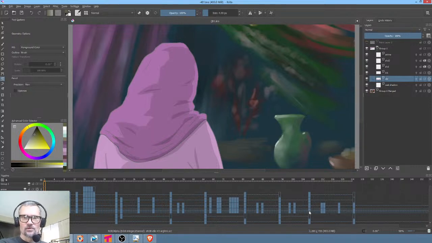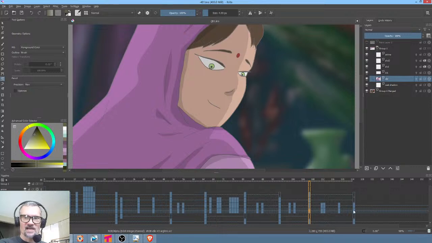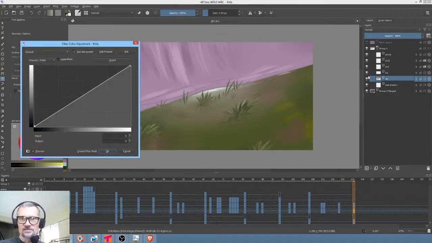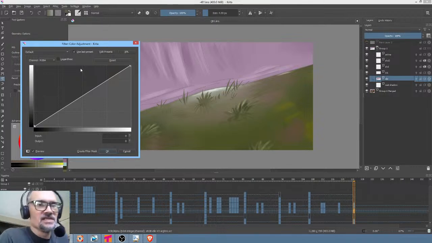The curves tool in Krita is one of the most flexible around. It's close in Toon Boom Harmony, actually. The curves in Harmony are close, but I don't think they give you a hue and saturation. So if I hit Control M and do curves on any layer, you can do the RGBA, each of the individual colors, the alpha, the hue. You can do a hue shift, saturation, and lightness, all in a single curves tool. And obviously the responsibility of each of those channels does overlap one another. So that means that you could do,